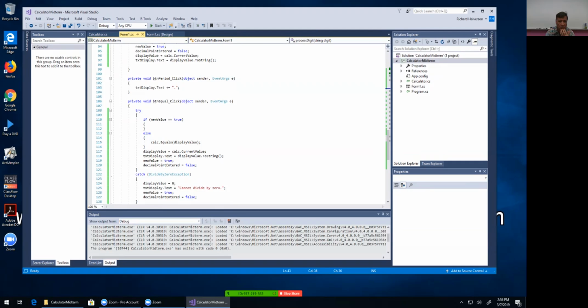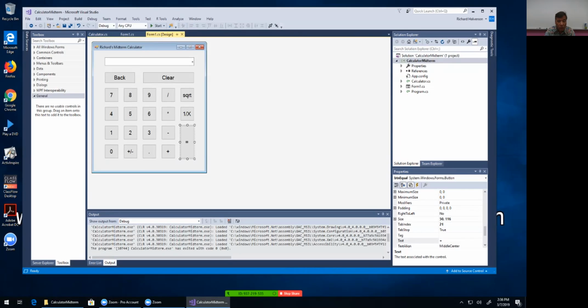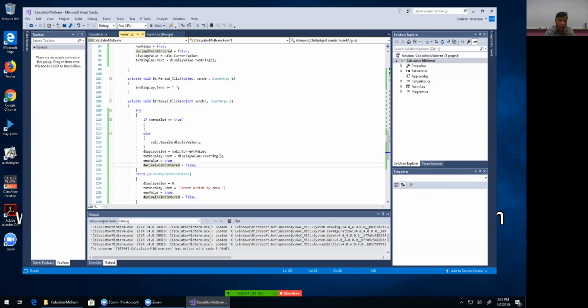The first time we do it, new value is not equal to true, so this gets executed. We calculate the equals, and as we know, current value is now equal to 127, so that's displayed. 127 is displayed. New value is equal to true, and decimal point is entered. Now new value is equal to true. It's ready to enter in a new number, and what happens is we just click the equal sign again. If we click the equal sign again, this comes back like this, and this time new value is equal to true. Well, if new value is equal to true, we want to call